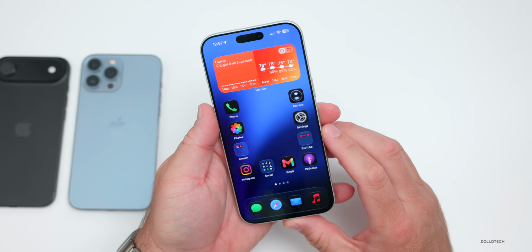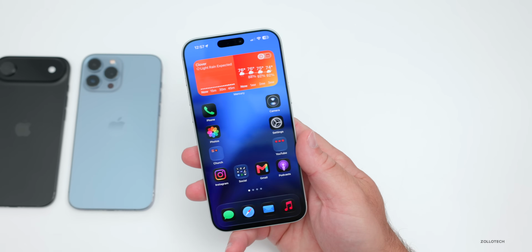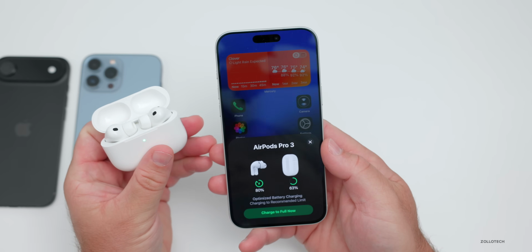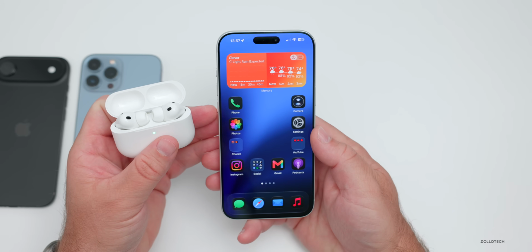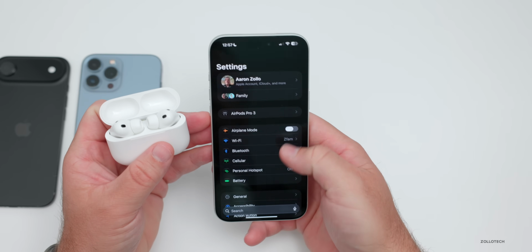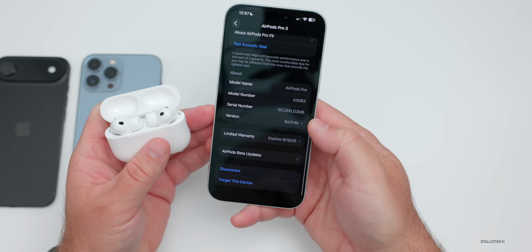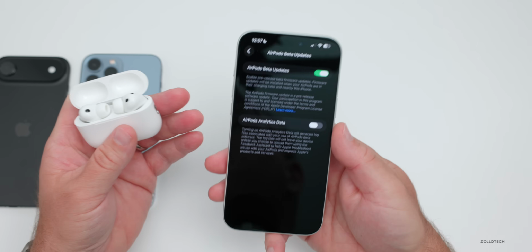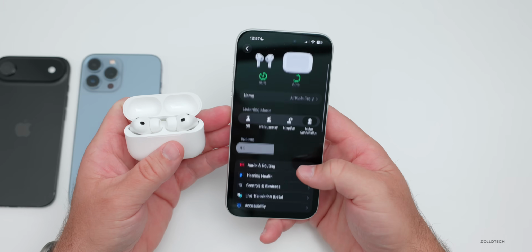Now, to go along with your volumes, if you're someone that likes to adjust sound individually, there's some new features specifically for AirPods. Now, you will need to be on the AirPods beta, and this is supported on the AirPods Pro 2, AirPods Pro 3, AirPods 4, both regular and active noise cancellation, along with AirPods Max 2. If you're utilizing those betas, you can go into your settings here, and you can turn on the beta by going down to the bottom of your settings, going to AirPods Beta Updates, enabling this, and then basically just waiting for them to update. There are a few ways I've talked about before how to sort of speed that up,